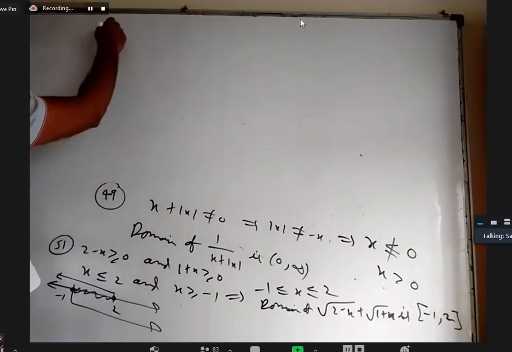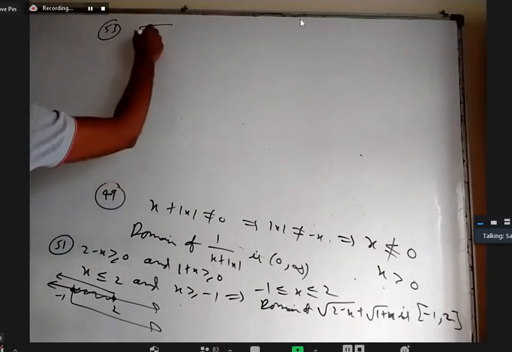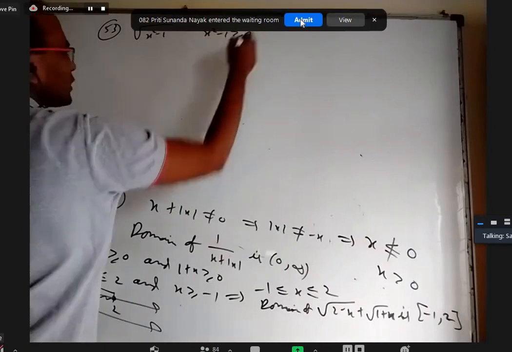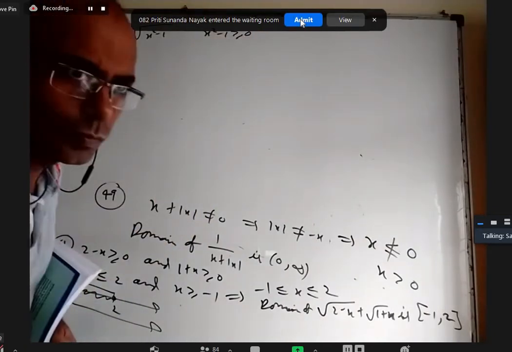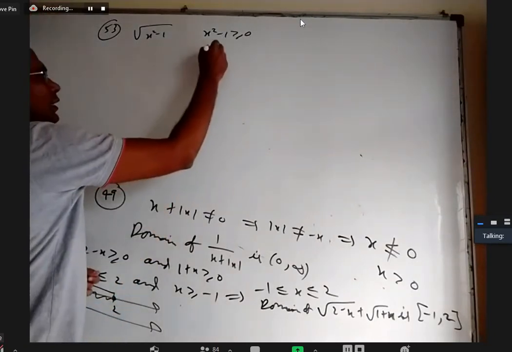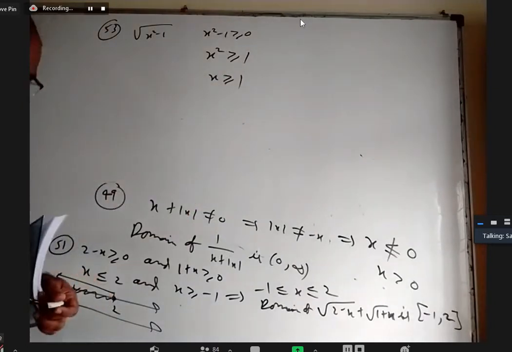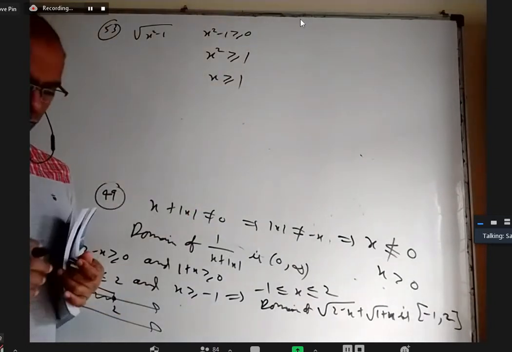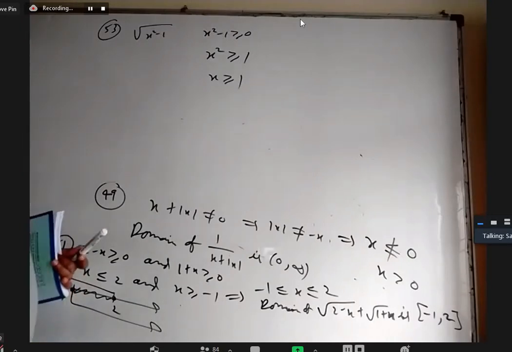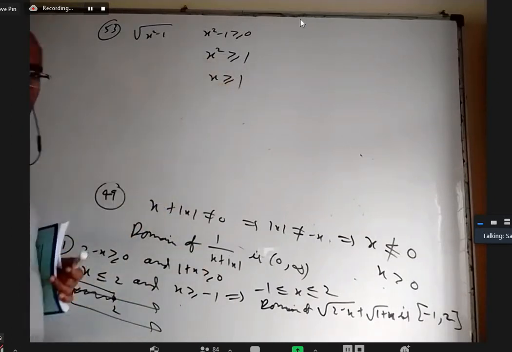Okay, 53, we have to be a little more careful. Only for root x square minus 1, we need to check x square minus 1 greater than or equal to 0. Please don't write here x square greater than or equal to 1, apply square root and x greater than or equal to 1. No. We cannot apply square root to an inequality. I'm sure there may be one or two people who have done like that, but it is not right because x need not be more than 1. It can be less than minus 1.